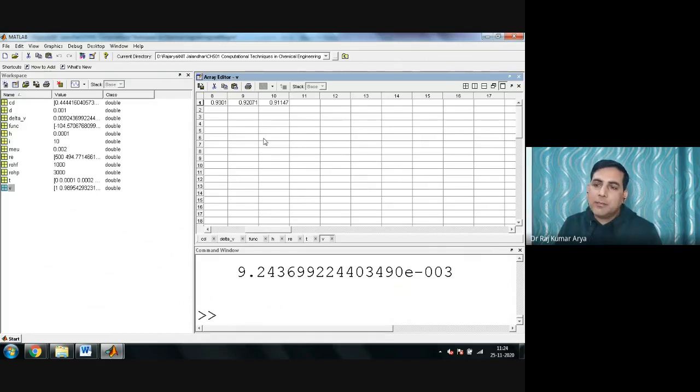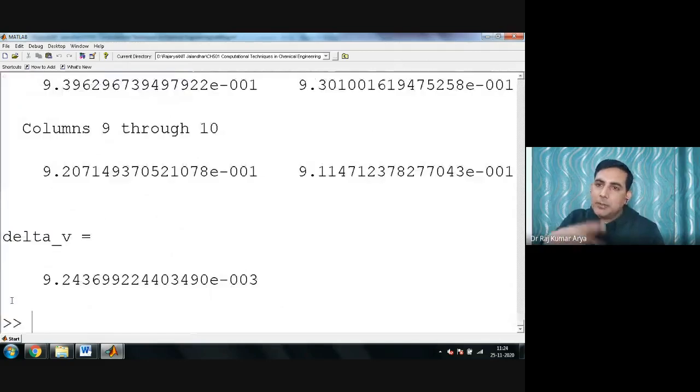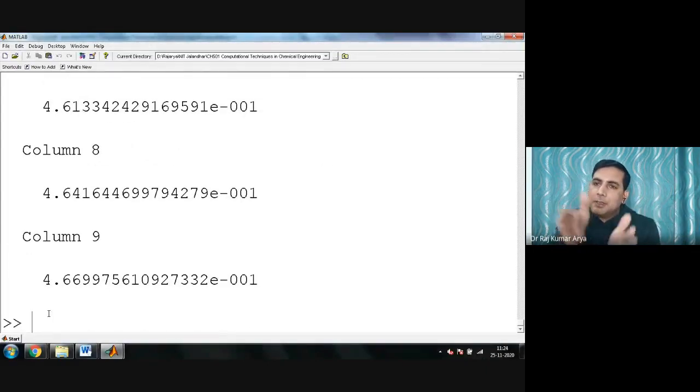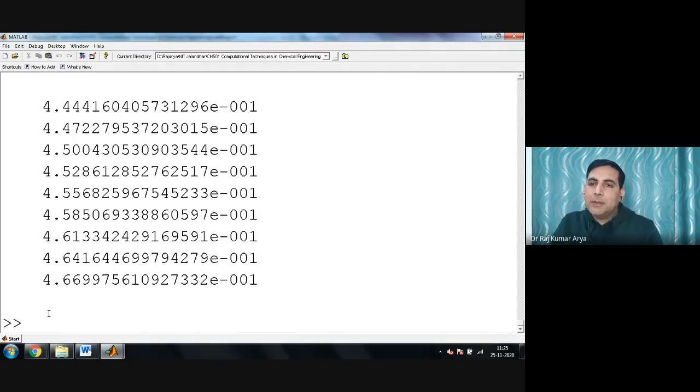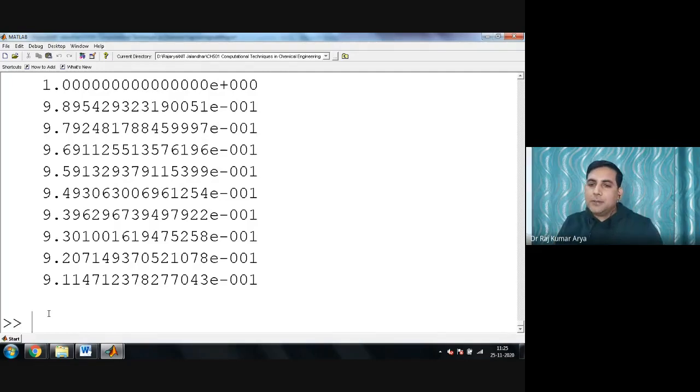If you want to check, you can also check from here. Whichever variable you need, just write it here. Let's say CD, so just write CD, and you will get all values of CD. Now they are in different columns, currently 9 columns. If you want one column matrix only, just invert it, and all of them will be in one column. In the same way you can write your velocity, what you have calculated here. These are all velocity.